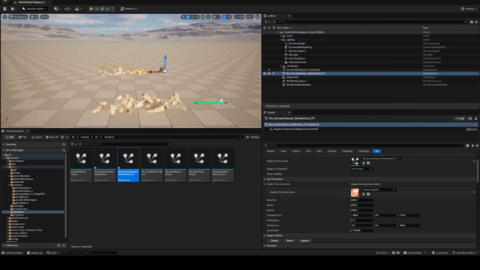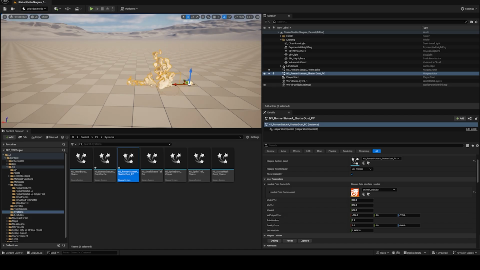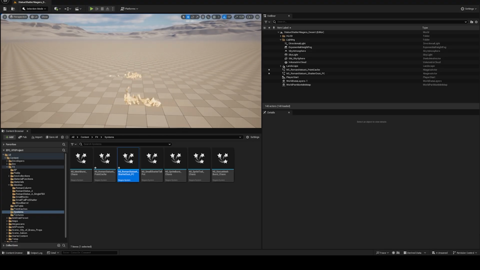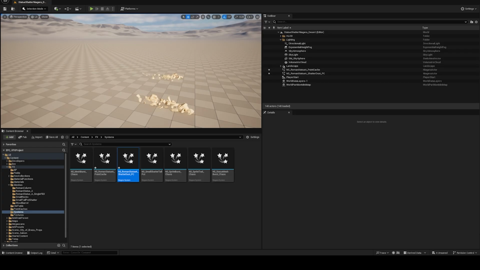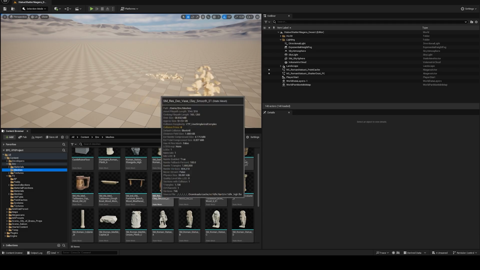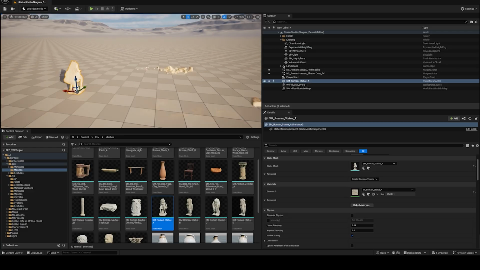So now if we bring that system into our level as well as the one we created at first, we'll see these extra elements in play with the small bits of debris and some dust elements to fill out that point cache shatter. And once we have a decent look for these shapes and the behavior, we want to incorporate this particle system, this Niagara system, with the actual asset of the static mesh of that statue. So if we go back to our directory where our static meshes are and the environment, we can drag out that resource, that static mesh